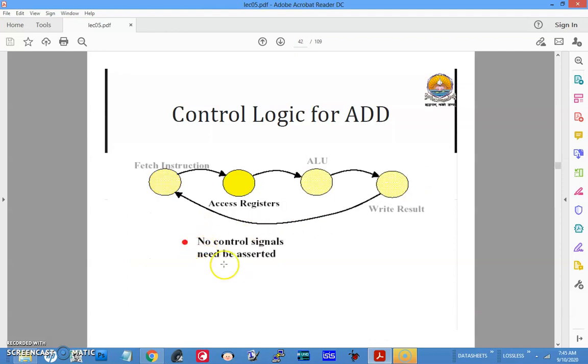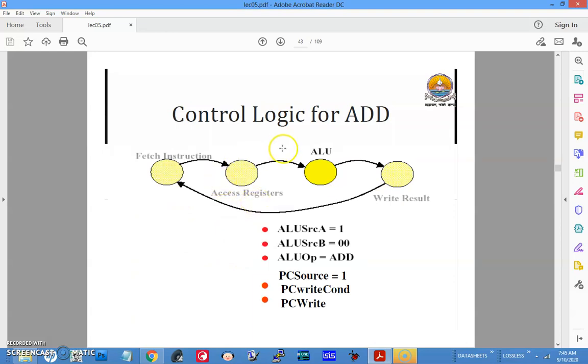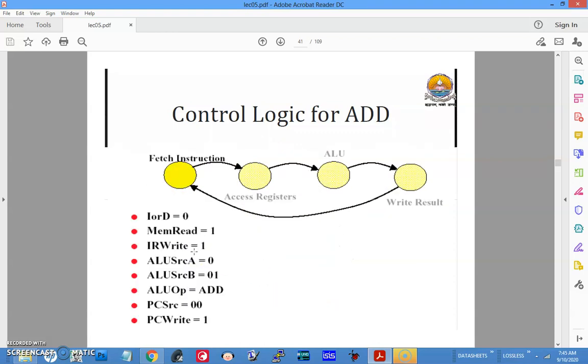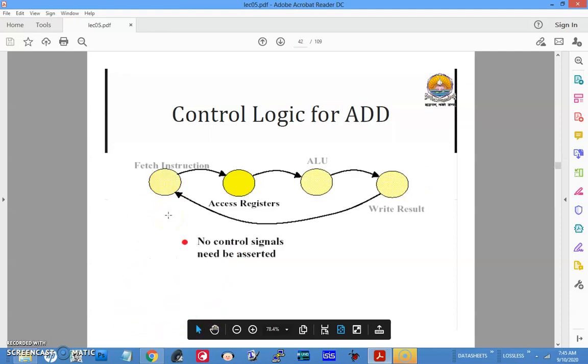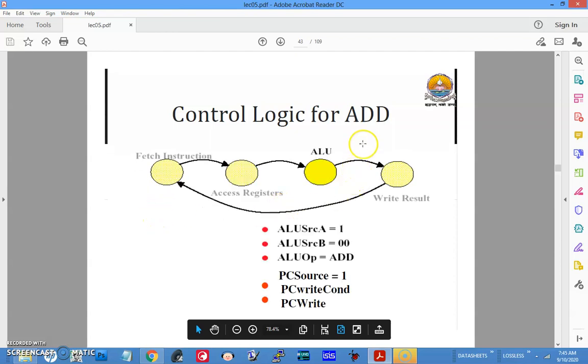So next you need to access the register file. So for the register file, no control signals are required because the register number to be read, everything will be ready by the end of this read. So no control signals are required, and then you are going to the ALU, and these are the ALU requirements. So in the previous case, you may be thinking, see here ALU source B is set as 1. This is for doing PC plus 4. This has nothing to do with this add instruction. So this stage is going to be the same for all instruction fetch. Now the specific operation for ALU as specified by the add is happening in the 3rd clock cycle.